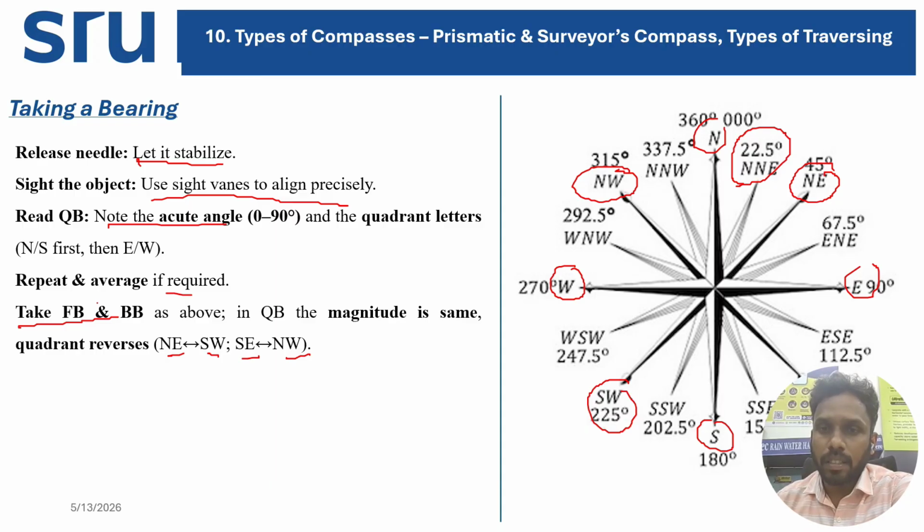Okay, right? Then the direction between east and northeast is east northeast. You can see here, as I said, your major direction is north, but when it is coming near to east, so it is very near to east, right? So that should be marked as east northeast, which is 67.5 degrees. When the direction is near towards your north, that is north northeast. When the direction is near towards your east, that is east northeast, not east east north. You shouldn't confuse this. When the direction is near your north or south, north northeast will come, the north inclination will come. When the direction is towards your supplementary direction inclination, that is your east or west,